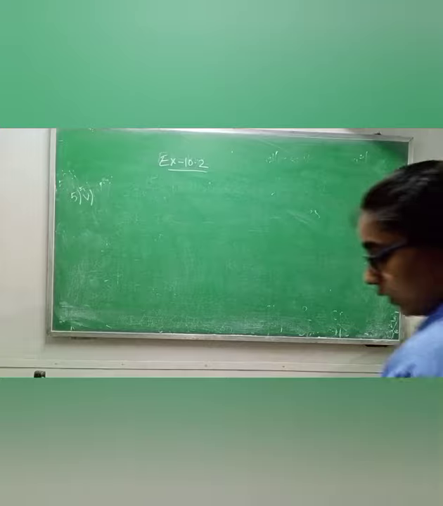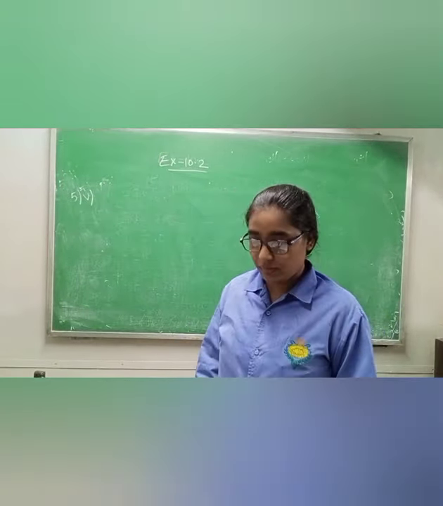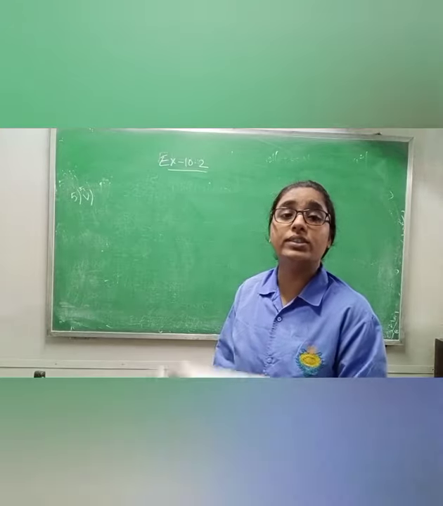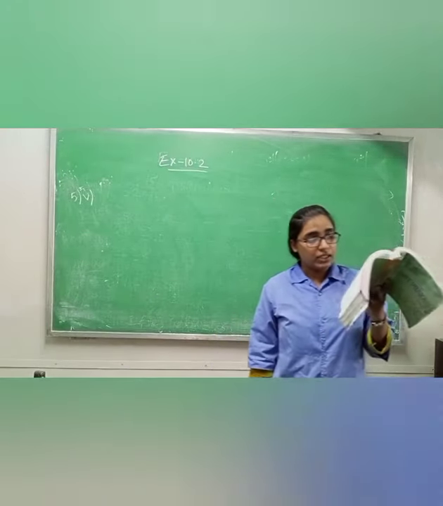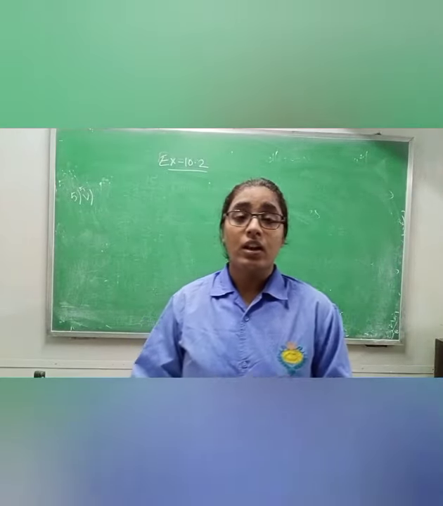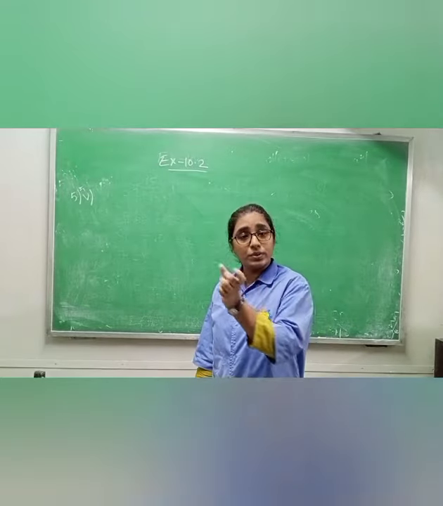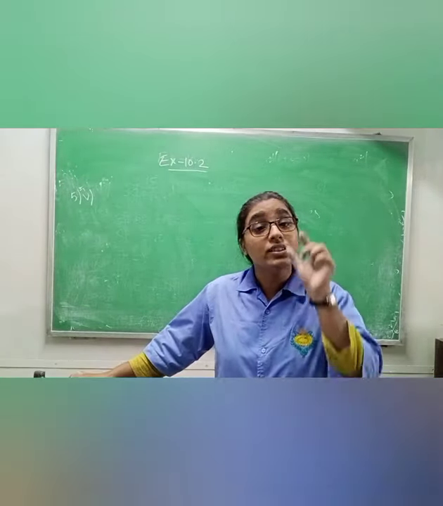Now class 9, read question number 5. A commodity is sold at rupees 480 with a loss of 20% on selling price. What is the cost price? Now they are saying that it is sold at rupees this, at a profit or at a loss of this percentage, on selling price.